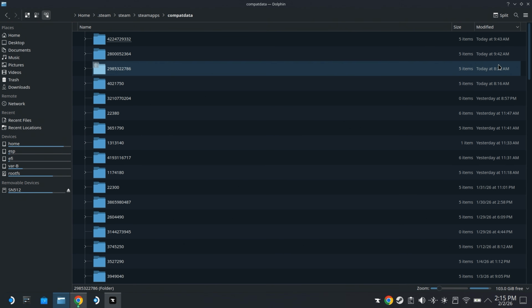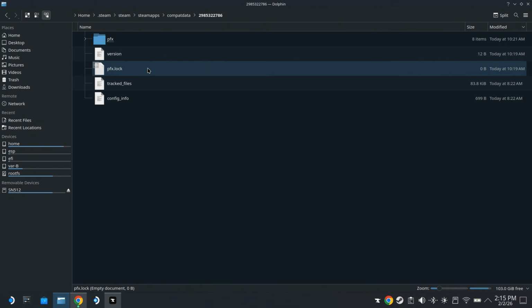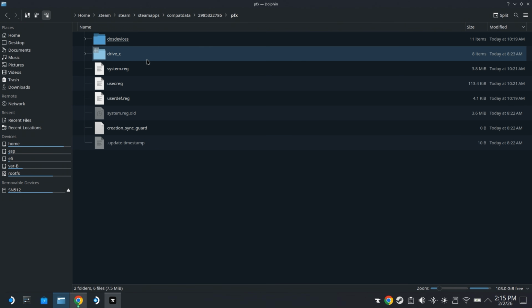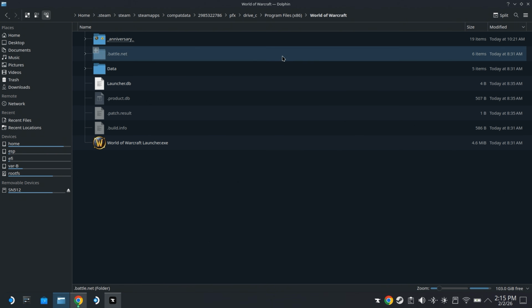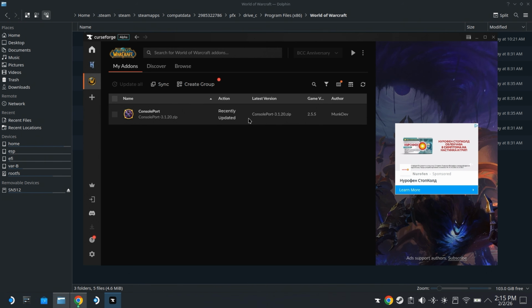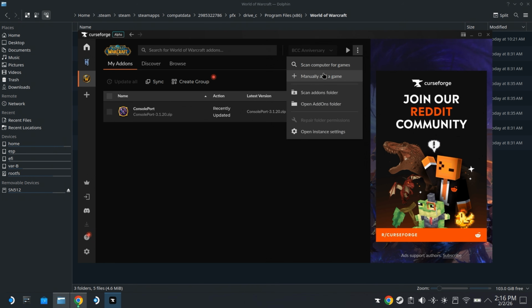and if you just did the process of installing, it's going to be one of the folders that was created today. And I know for a fact that it's this one because I checked it earlier. So if I go in here, Drive C, Program Files, World of Warcraft, and that's my folder. So we can have this open up here, and then we can go back to CurseForge here, and we select